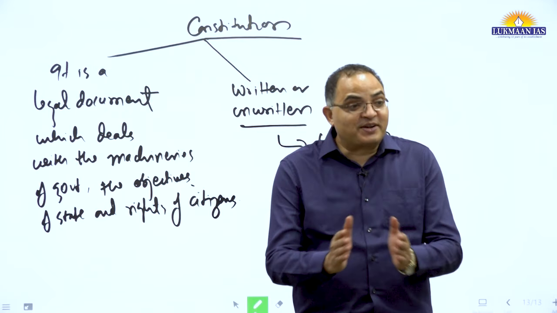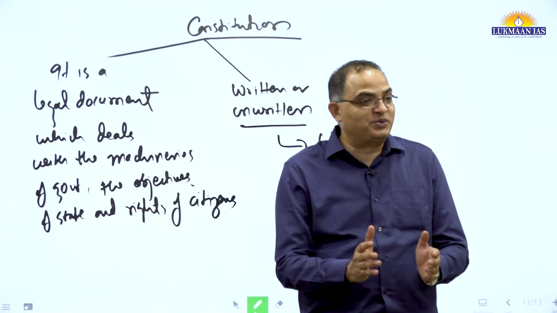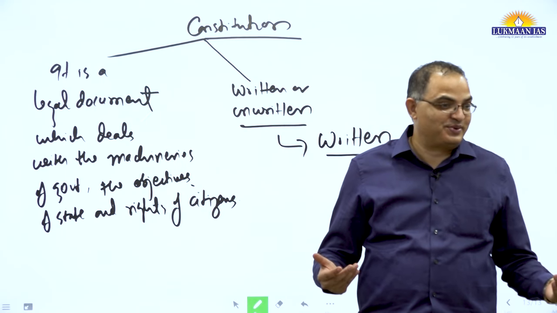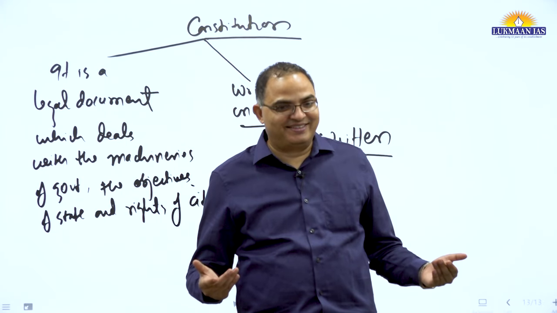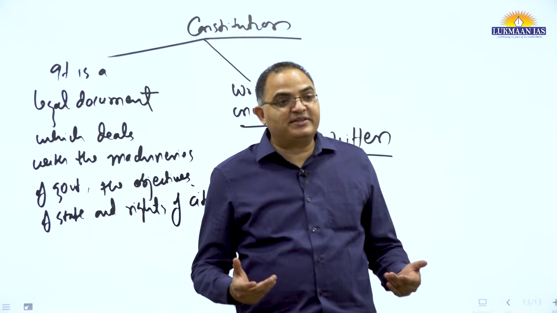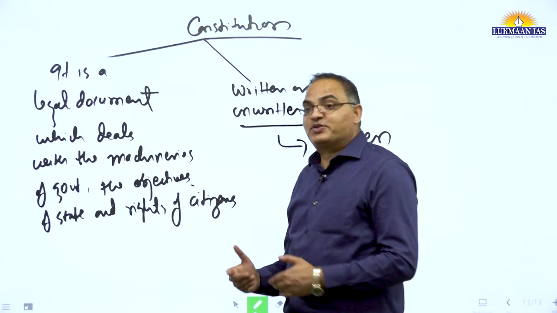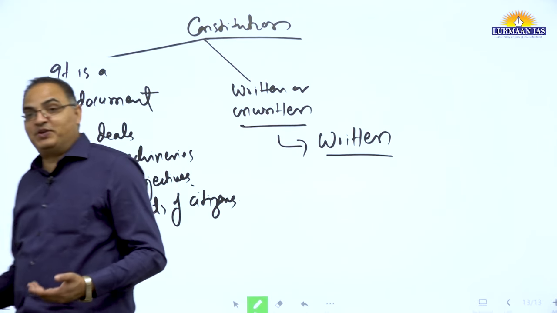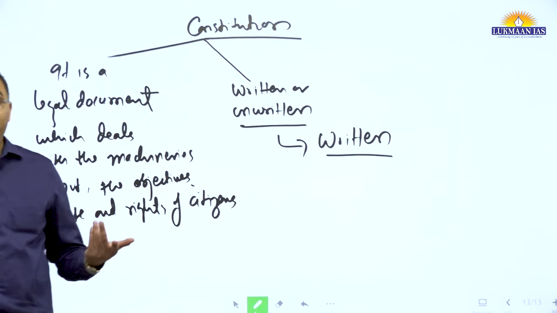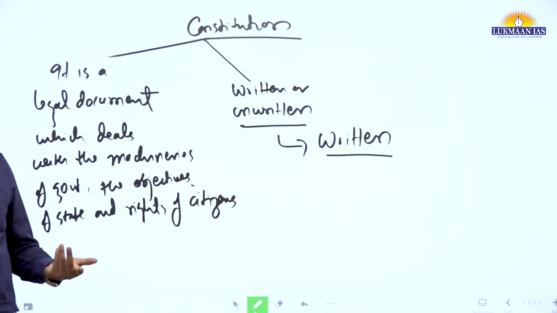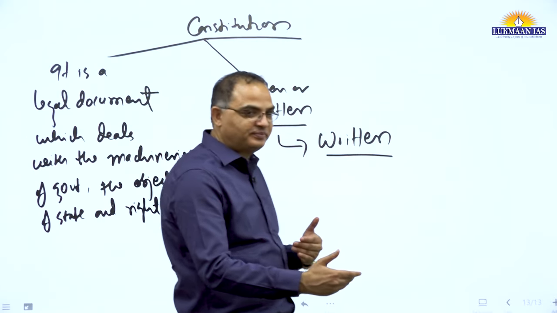There would be a set of legal documents, and they together would constitute a constitution. So which country is that? UK. Yes, the UK is a country where you have an unwritten constitution. Then the question comes: why is it important to have a constitution, when the country where the constitution evolved itself does not have a written constitution? This further raises a question.